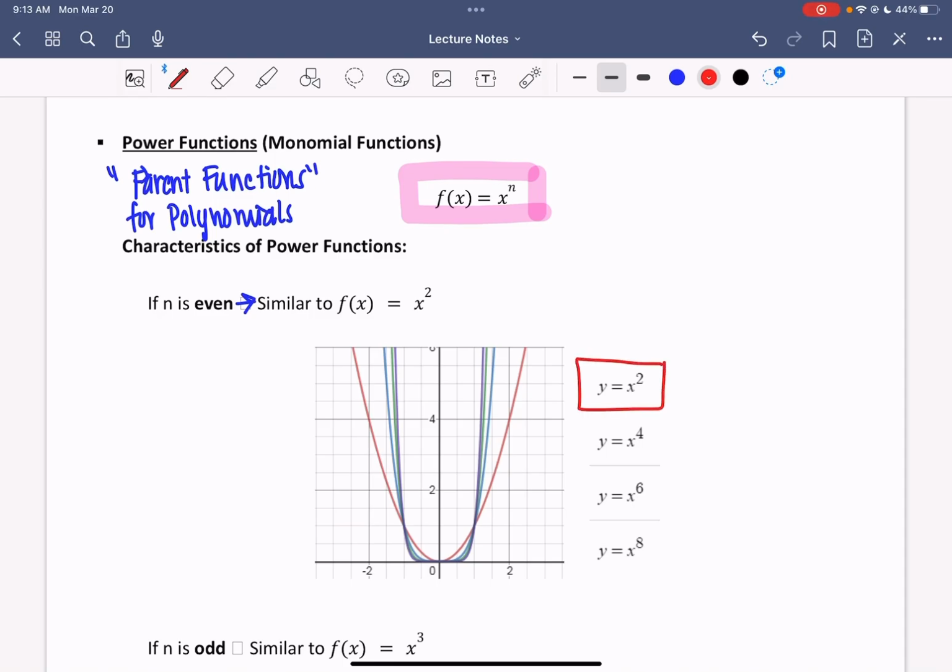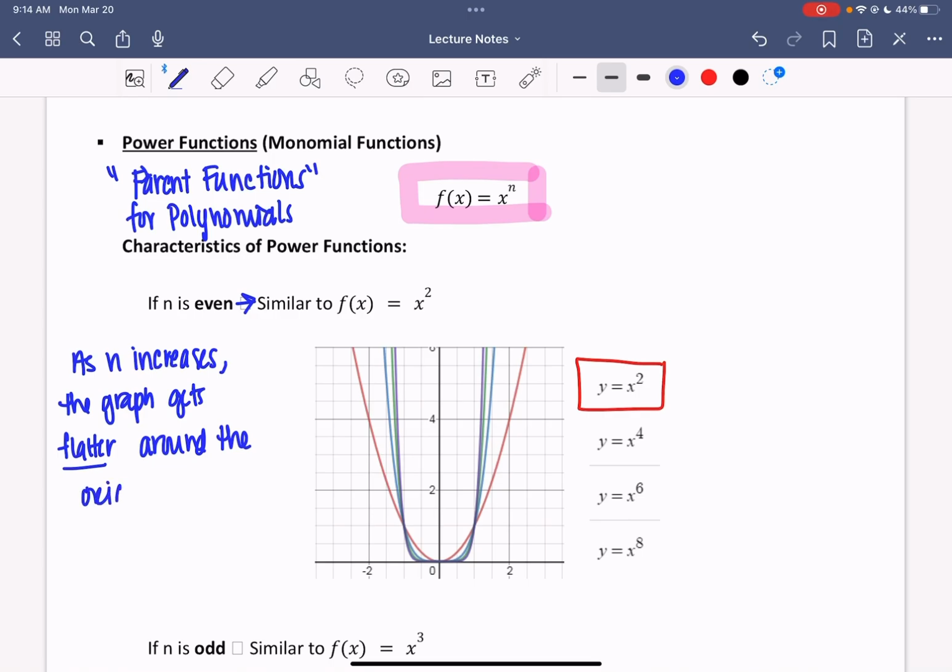We know what that graph looks like. It looks like a U shape. And what's going to happen is, as we increase the exponent 2, 4, 6, 8, we can notice what happens. As n increases, the graph is still facing upward. It still kind of has that bowl shape, but it gets flatter around the origin,